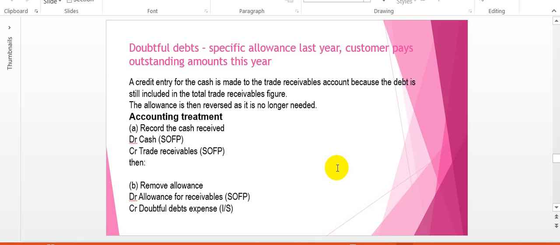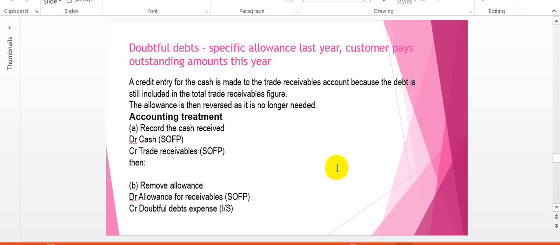In this situation, a credit entry for the cash is made to the trade receivables account because the debt is still included in the total trade receivables account. You recall that for a doubtful debt, we do not write off the doubtful debt from the trade receivables, but instead we open an allowance for receivables. So it's this allowance for receivables which we have to close up,